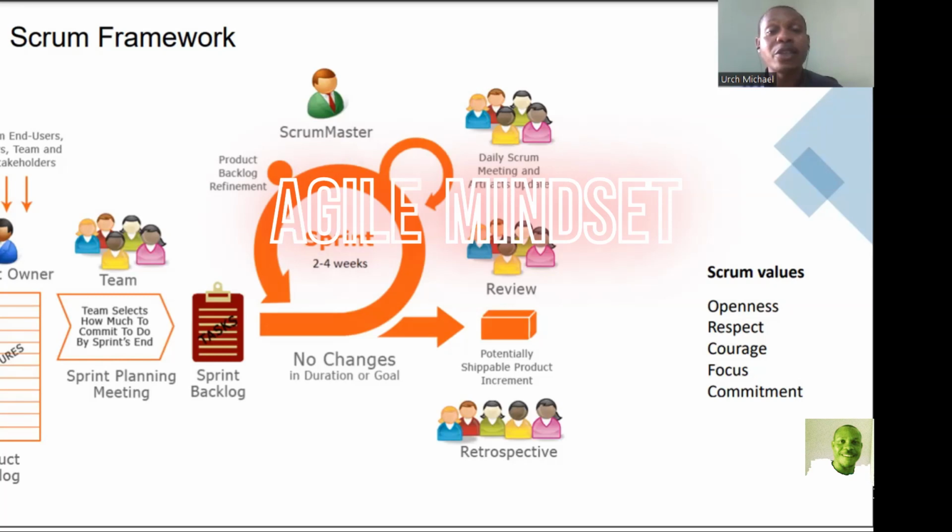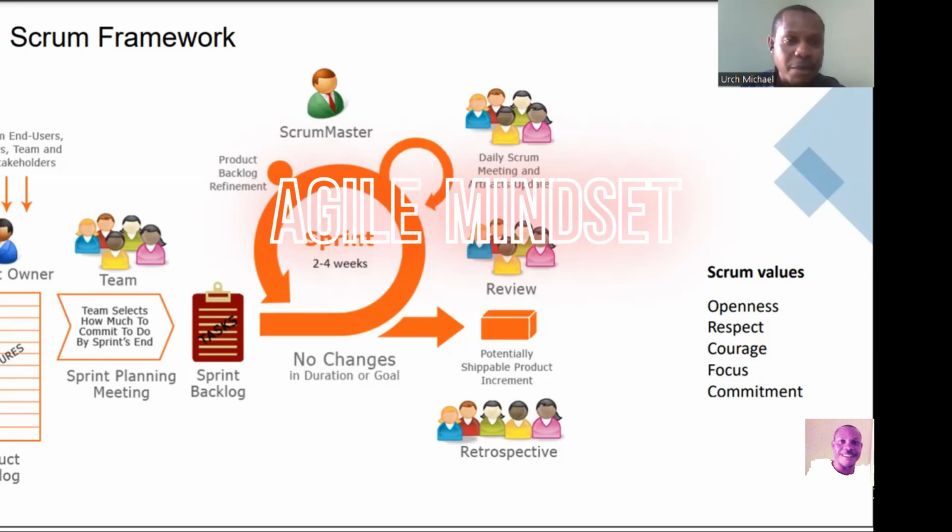The next is going to be adjourning, the last one. That means the end of the project. Any day, anytime, it's always of great advantage to work with a team that has been together, because they've gone through all the processes. If you're trying to raise a new team, you're going to go through all this process.